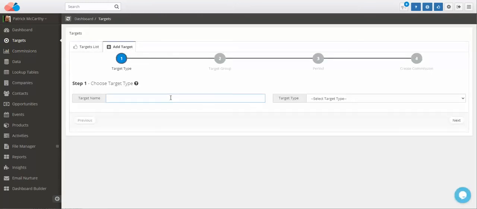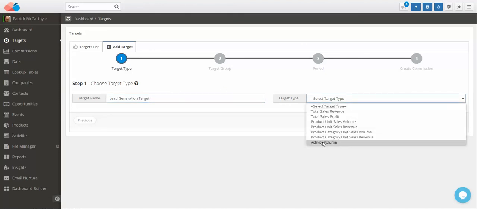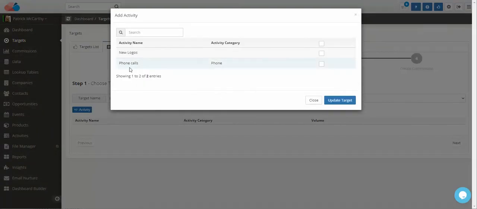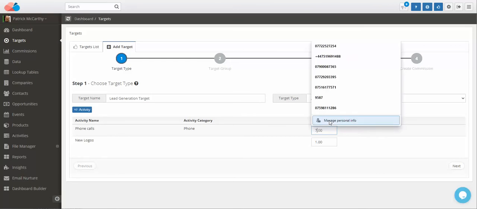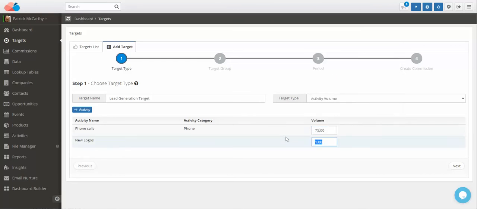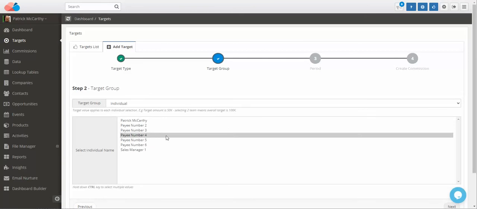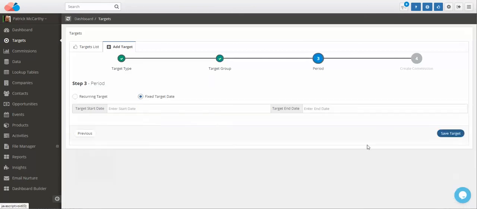So when you do this, you would have a lead generation target. You would select activity volume. You would select the activity, update the target. You could say number of phone calls required in a week is 75 and number of new logos required in a week is 2. Based on the current example, this user would have exceeded the logos but not yet exceeded